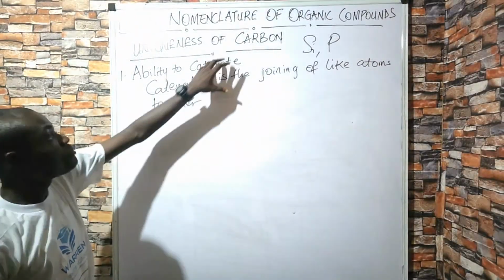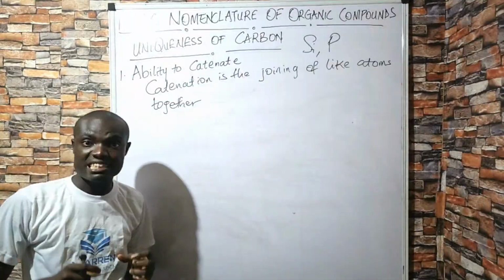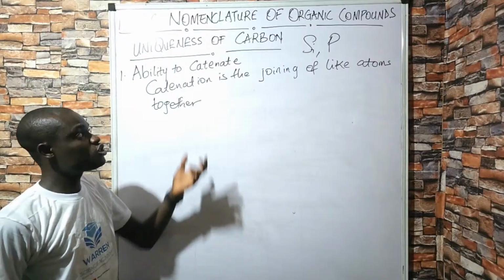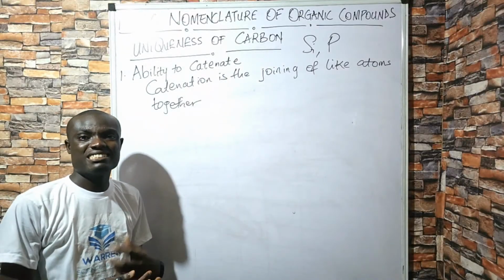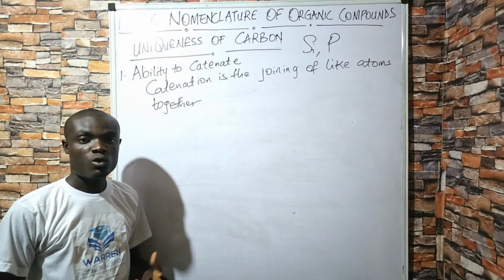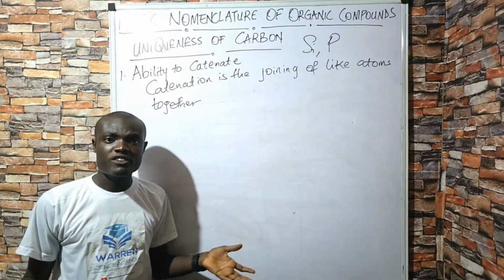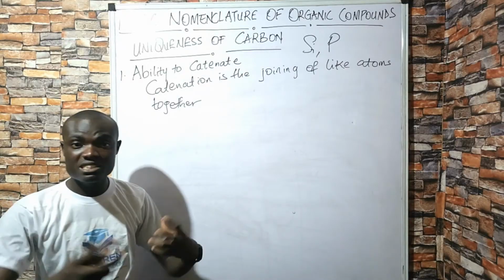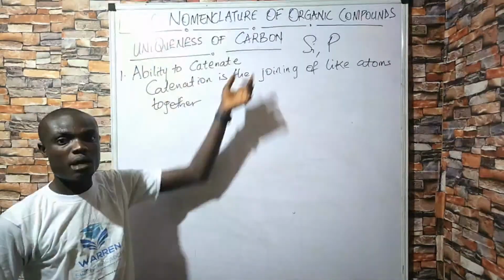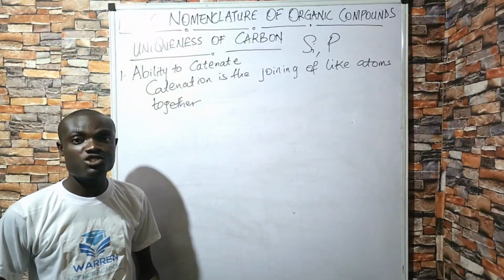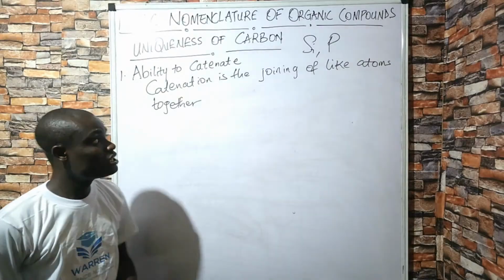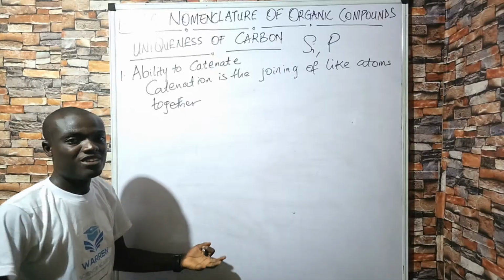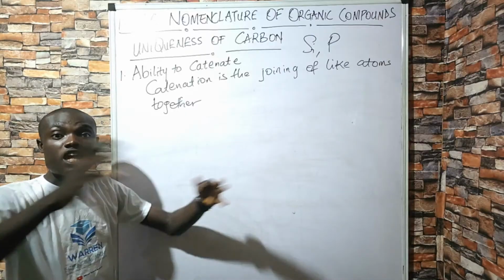But speaking to carbon, carbon has this uniqueness, and it's because of this uniqueness that it can form many compounds. When we talk about catenation, just think of it as one that has the tendency to be social or an extrovert. When an extrovert or a social person meets like 50 persons, that person has the ability to connect with these different persons. So that's how carbon is. Carbon is just like a very social person, or a social element rather, or an extrovert. That's why carbon can bond with like atoms, and for that reason carbon can form chains or a whole lot of structures.